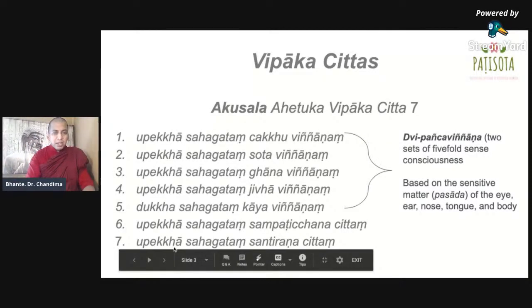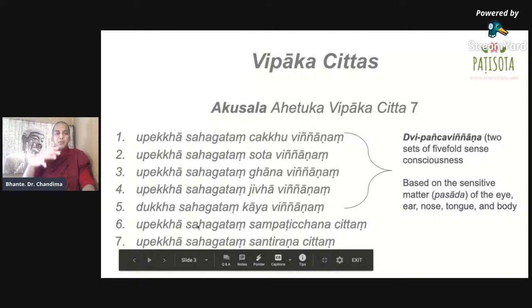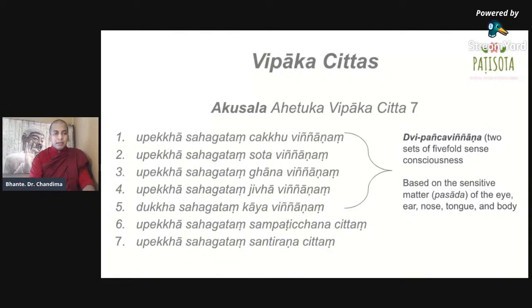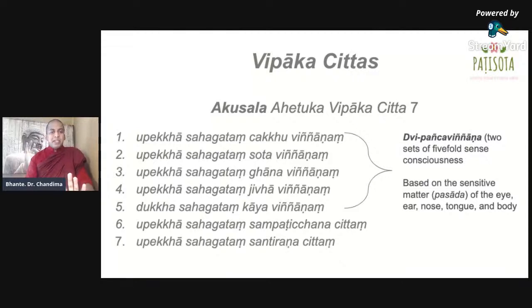And then there are two other levels where the vijnana goes. They are upekkha-sahagata sampatichana and santirana. It is also neutral. But what are sampatichana and santirana? Okay, let me explain to you. Sampatichana means whenever you